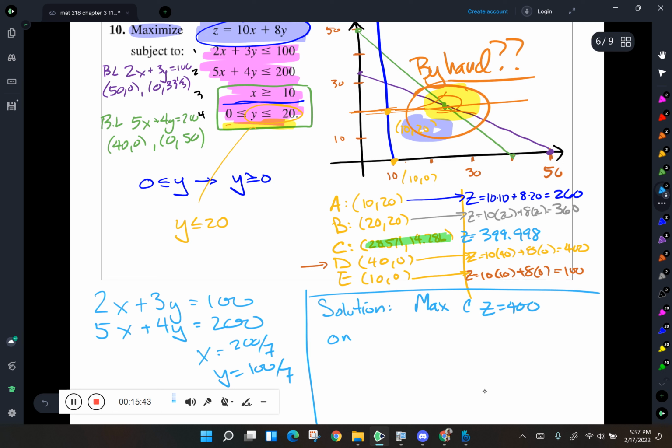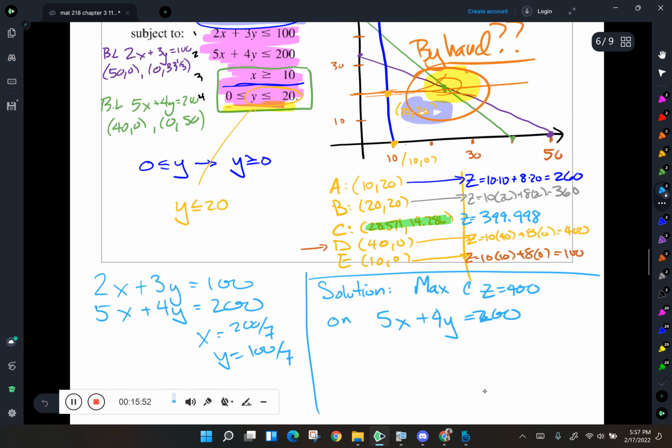So on 5x plus 4y equals 200, but only for x's between those values. And where did I get those from? Those are the x values of the 2 points. So anywhere on that line, as long as x is between those numbers. And if you knew the value for x, you could put it into the equation there. So if you pick a number between 200/7, which is 28 and change, so let's say you picked 30,